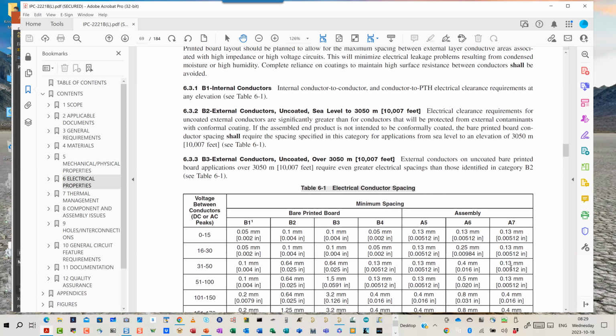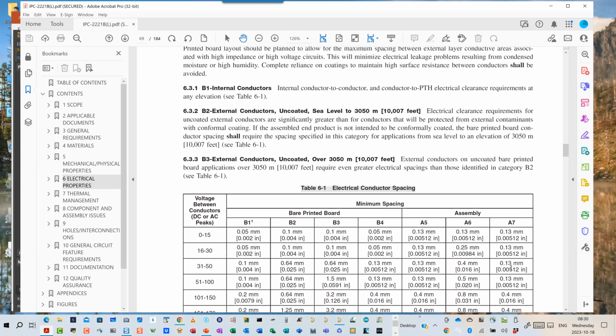This is what IPC has empirically defined from an electrical point of view, based solely on voltage: how much gap do I need, feature to feature, based off of the voltage, so I don't have an arc over happen. However, and we will see this more when we get to manufacturing week,